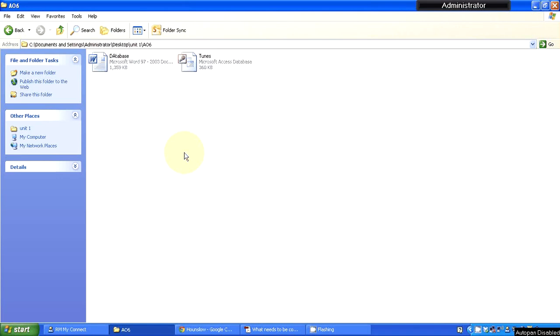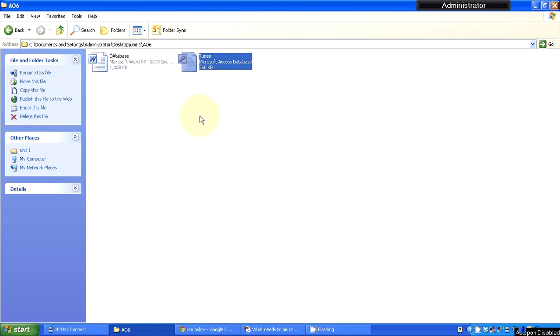Okay, what I'm going to talk to you about is Unit 1 AO6, and the first thing you need to do is to copy the database that is in the shared area, that is in ICT Resources 1 Mr. Labal, and then there's a folder called Unit 1 AO6 Database, and the file you need to copy into your